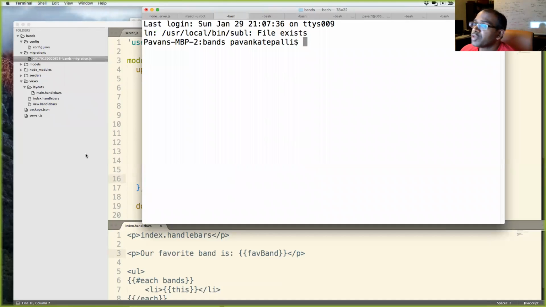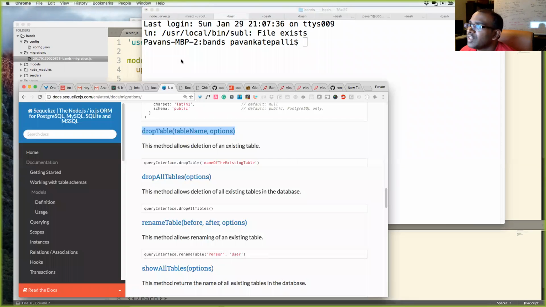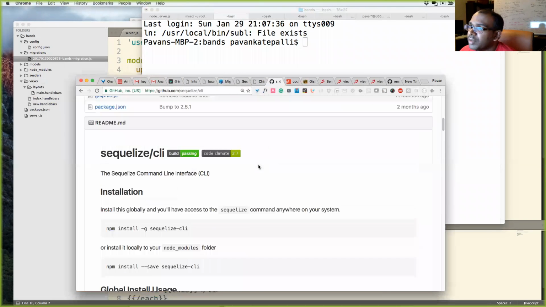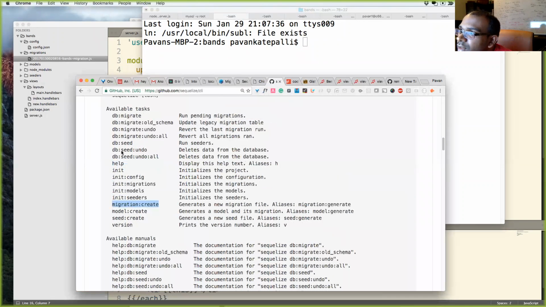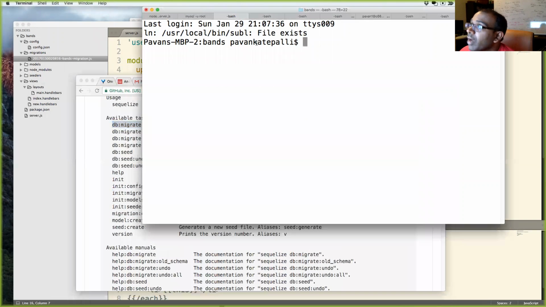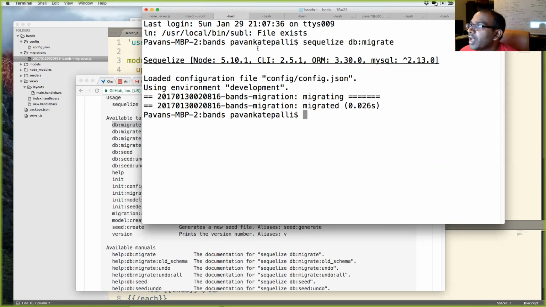Let me go to the Sequelize CLI again. It's probably Sequelize DB :migrate, but I don't want to guess. So it's Sequelize DB :migrate. I'll run that. And it migrated my thing.